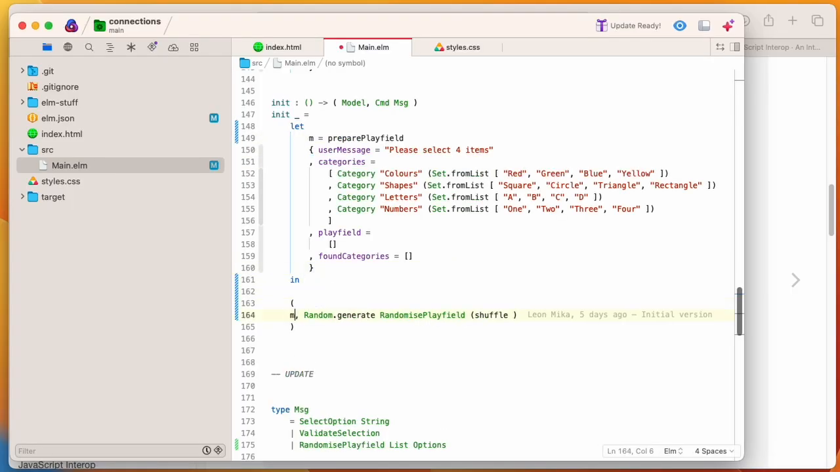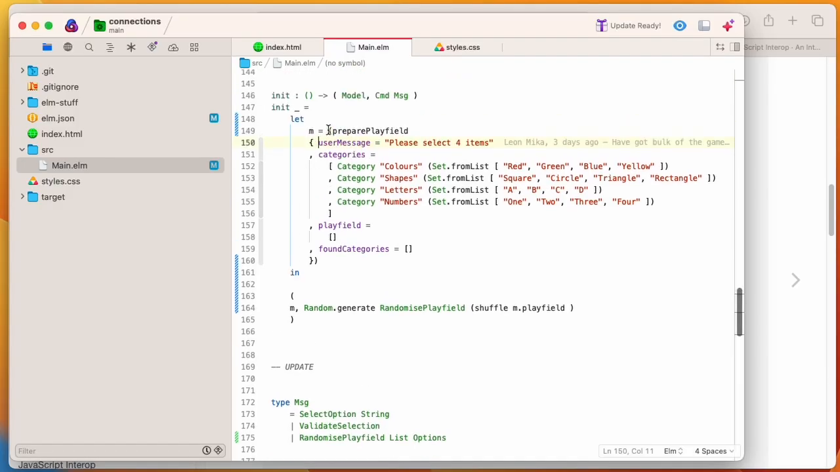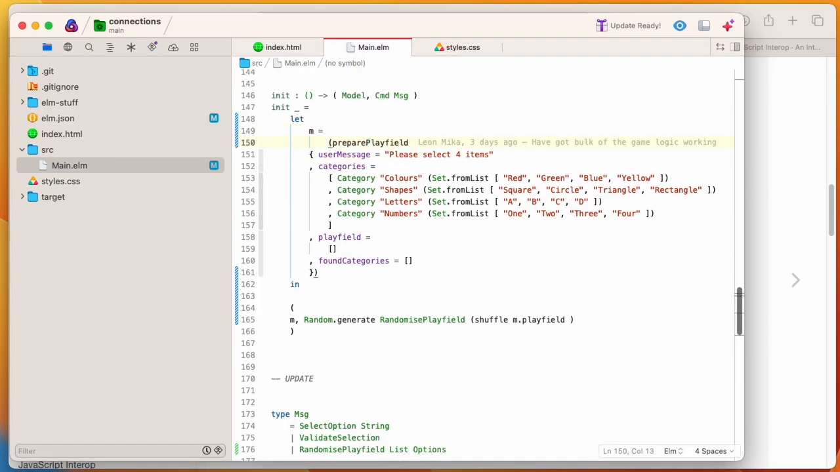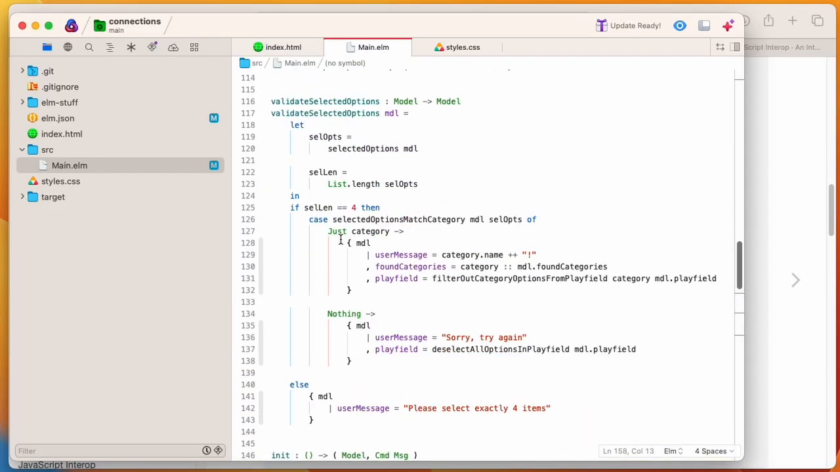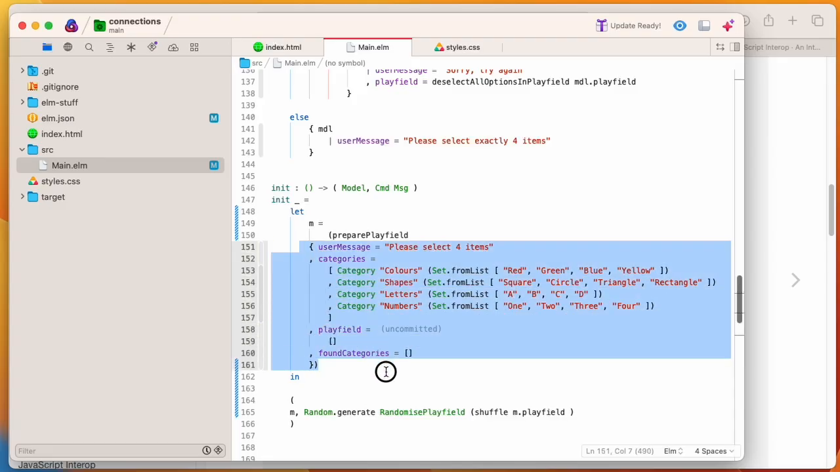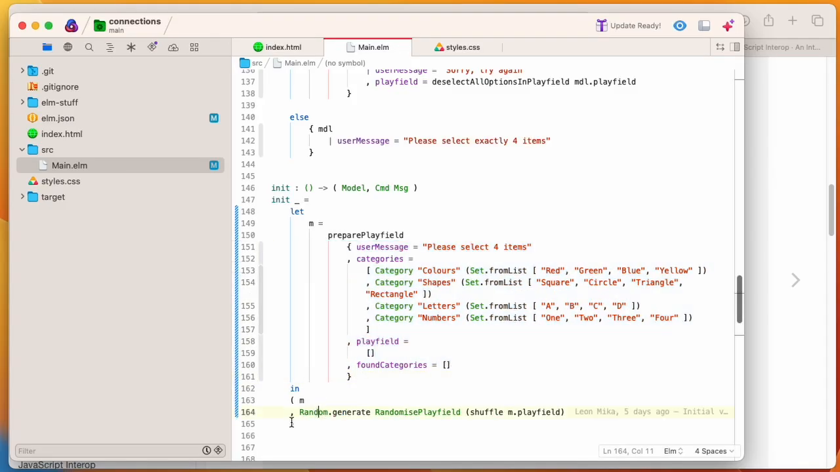It takes a model, shuffles the model dot playfield. That one needs to go in parentheses. Oops. And it's not reformatting, so now I've got something missing. Oh no, it is reformatted. Okay, so